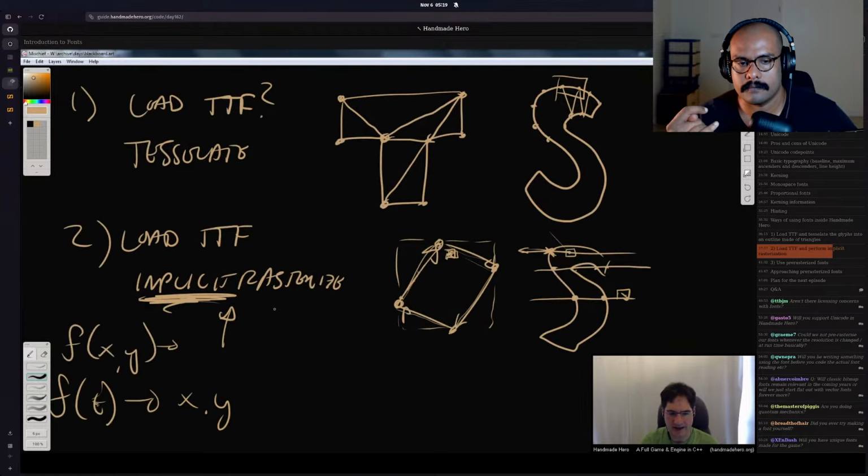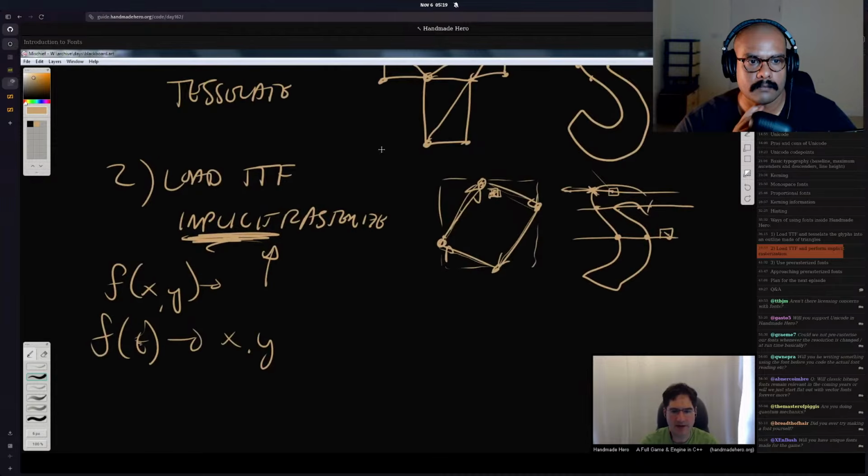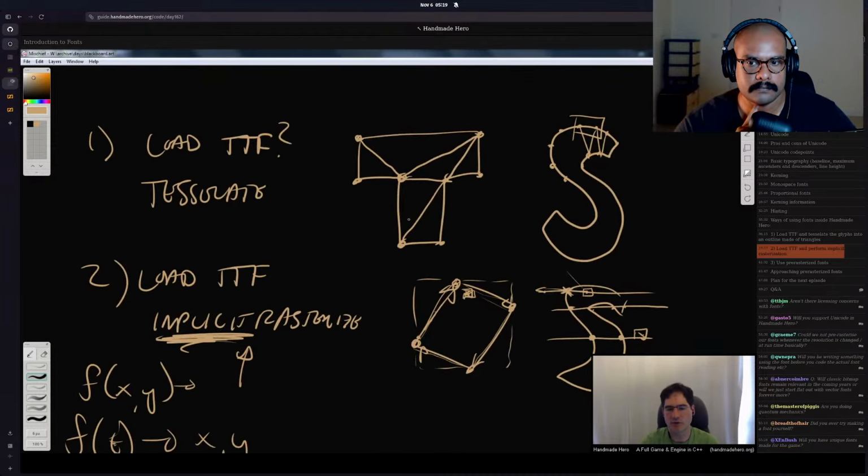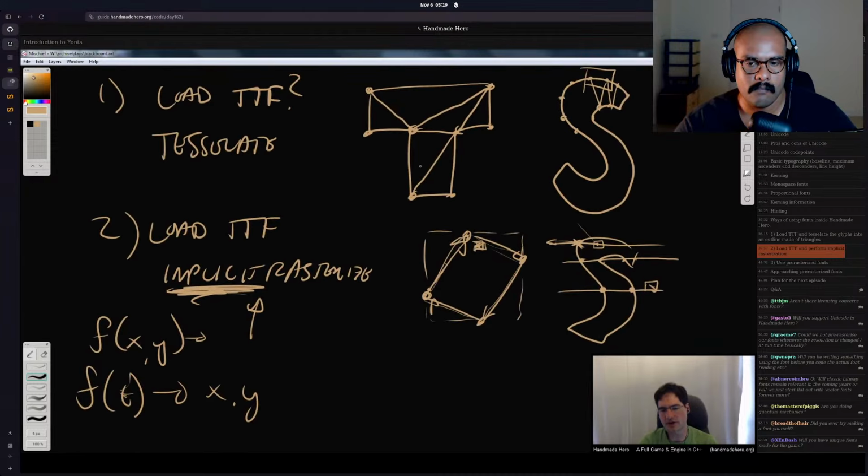We could write that. And the benefit of that is that it just works at any resolution, right? No matter how you scale or shrink or warp or do whatever you want to the S, we would always have a perfectly smooth curve going around the S, right? So that's another one. But I don't really think we need any of these, right? These are overkill. These are drastically overkill. They're overkill for